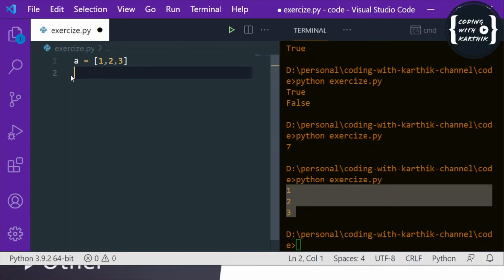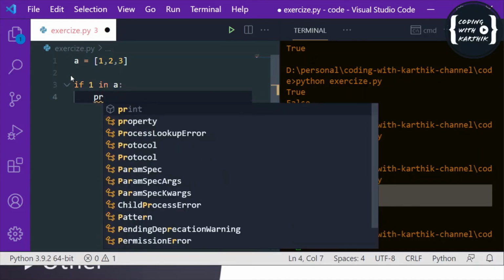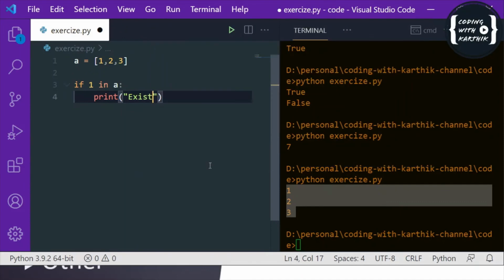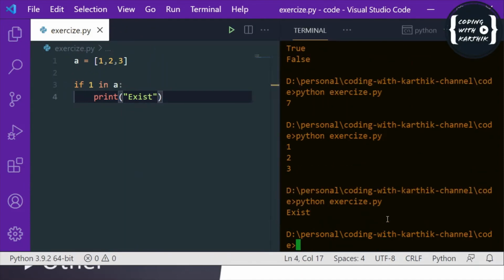This membership operator is used if you want to check whether an element exists in the sequence. Something like, if 1 in A, print exist. So if I run this, you can see it says exist.